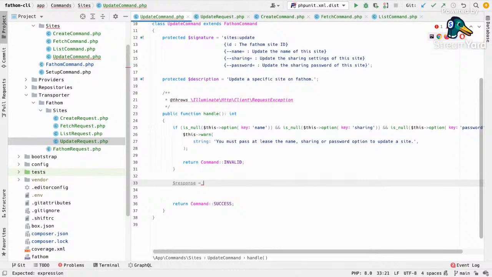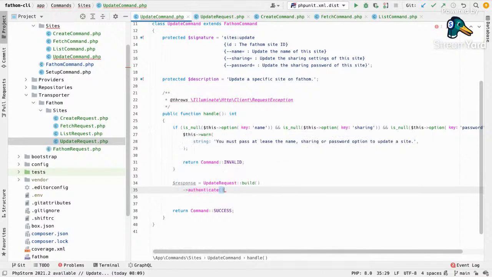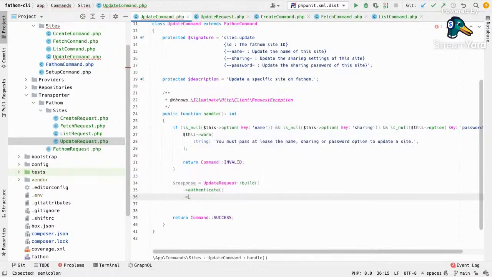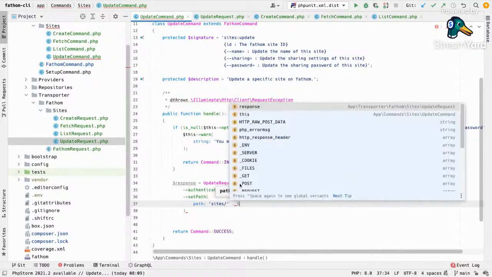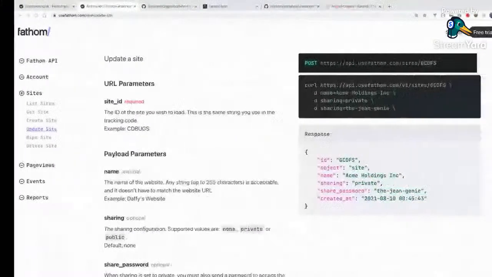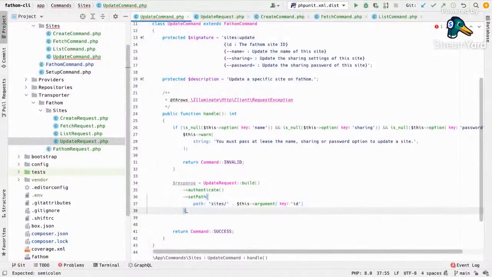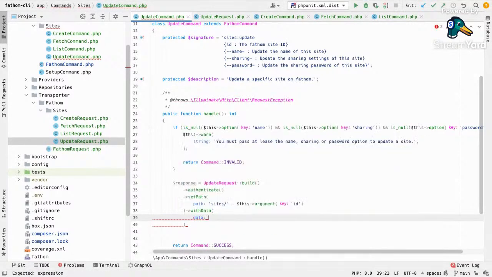So the response is going to be an update request where we're going to build, then we're going to authenticate, then we're going to set the path to be sites, this argument ID. That's all I need from the path, sites ID. And I want to set the data, with data, where the data is